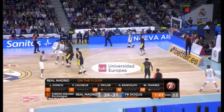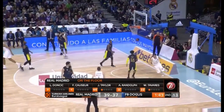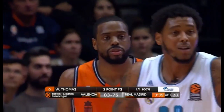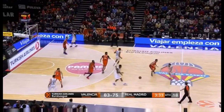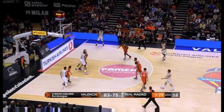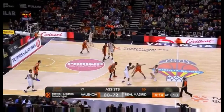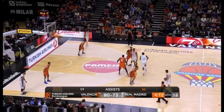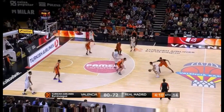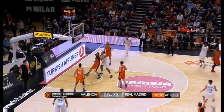Are you kidding me? What a move, what a shot. Doncic just too easy for the night. And Thomas extends the lead to 8. His 5th point of the night. Tavares! And caught in the rim. It's exactly why Duljevic used the rim, just to ward off the defender. Tompkins off the pass from